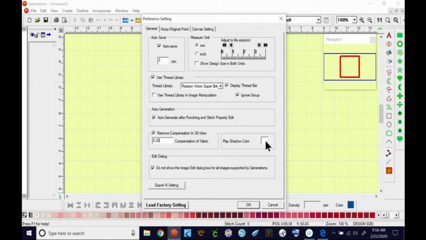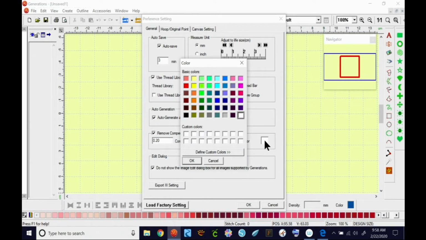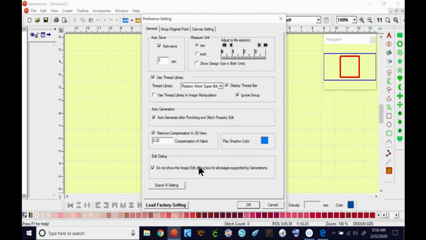Okay, the next thing is the Play Shadow Color. If you click on this square, you get all these choices. I'll show you what this is in a minute. Pick your favorite color. I'm going to pick this bright pink. It's not my favorite color, so I'll pick that blue and say OK. Now that's your play shadow. Leave do not show the image edit dialog box checked. Okay? These are all settings that